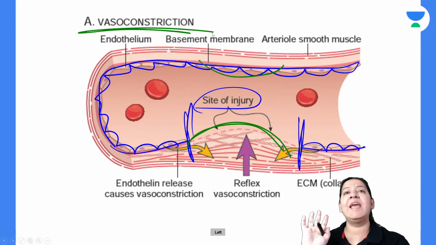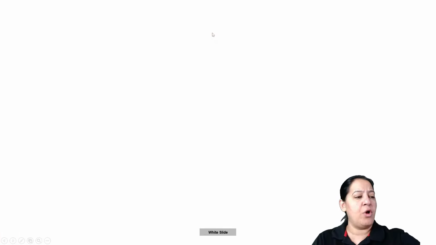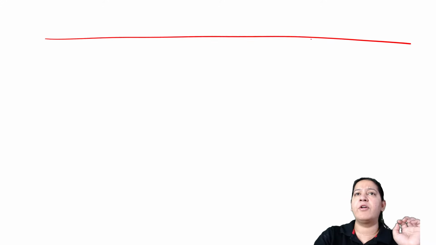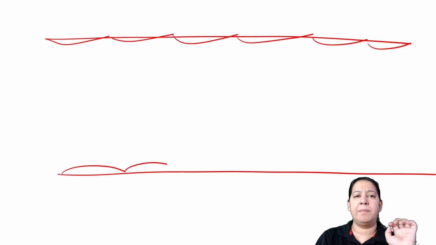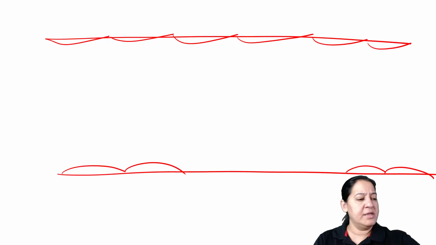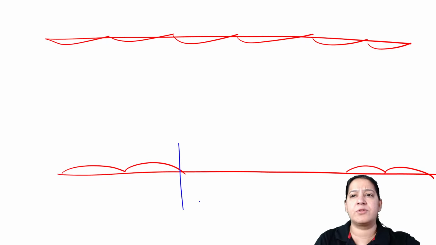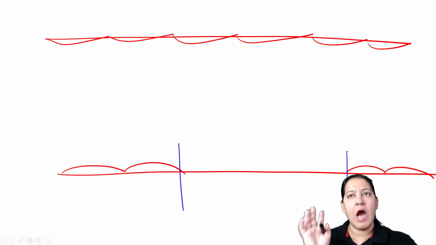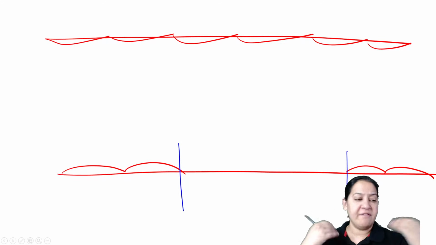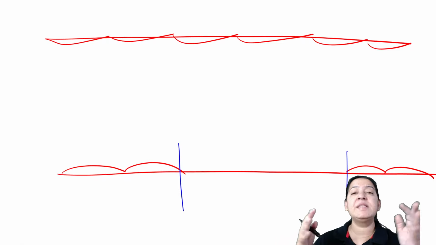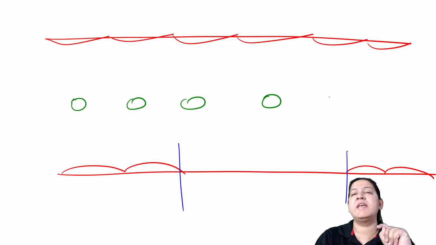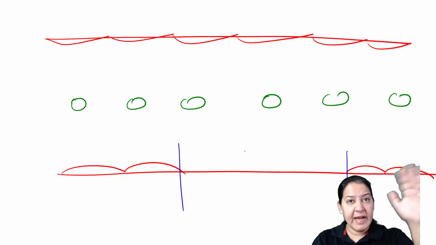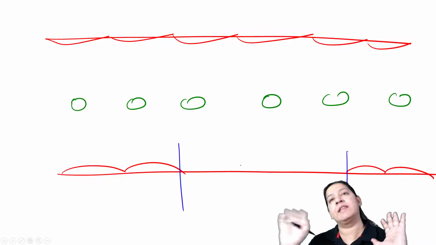Now I want to seal the site of the injury. Let me draw again the same diagram for you. This is the endothelial lining in the blood vessel, and here there is disruption. This is the site of the injury. Now in the lumen of the blood, we have RBCs, WBCs, and platelets. I'm not interested in RBC. I'm not interested in WBC. I'm interested in platelets. Platelets will come and start sealing the site of the injury.